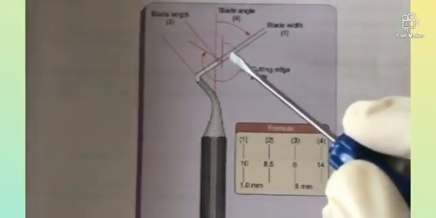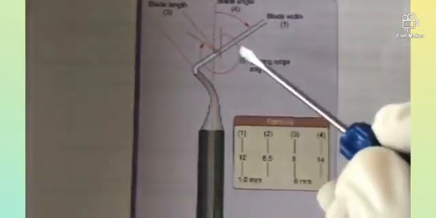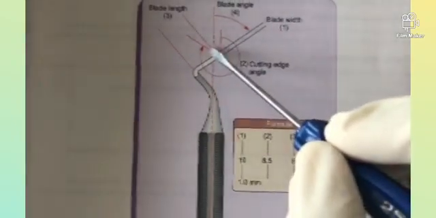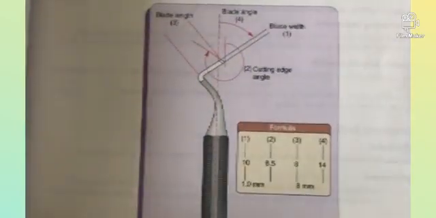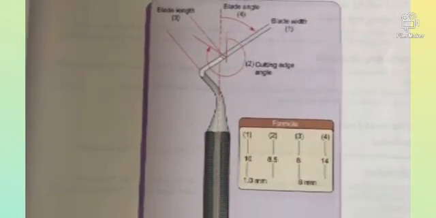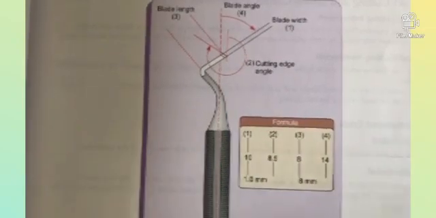Now in the 4-unit formula, the second unit is changed. That second unit is the cutting edge angle, the angle the cutting edge forms with the axis of the handle, and it is in centigrades. An example of a 3-unit formula is the enamel hatchet, and the 4-unit formula is the GMT and angle former.